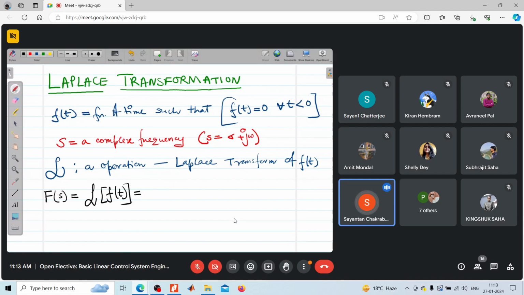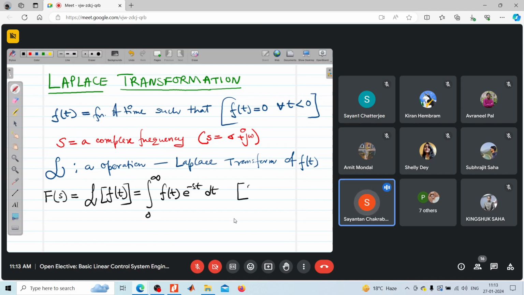It is defined as per our definition, integral from 0 to infinity of f(t) e to the power minus st dt, right? So this is how we can obtain the Laplace transform, and since we are only considering from 0 to infinity,